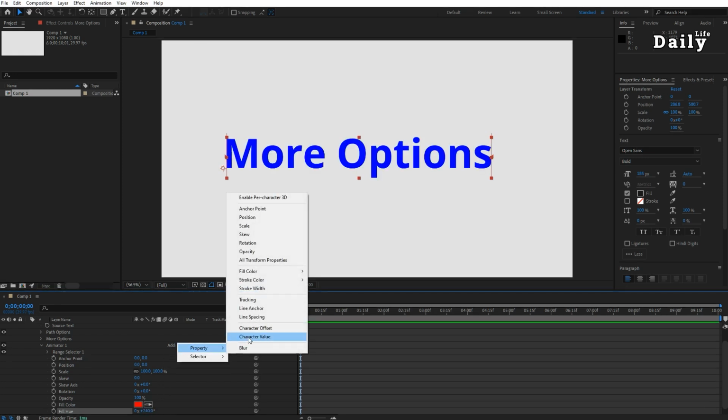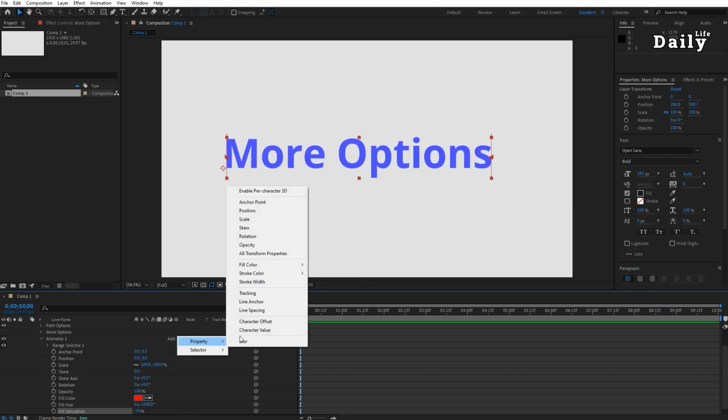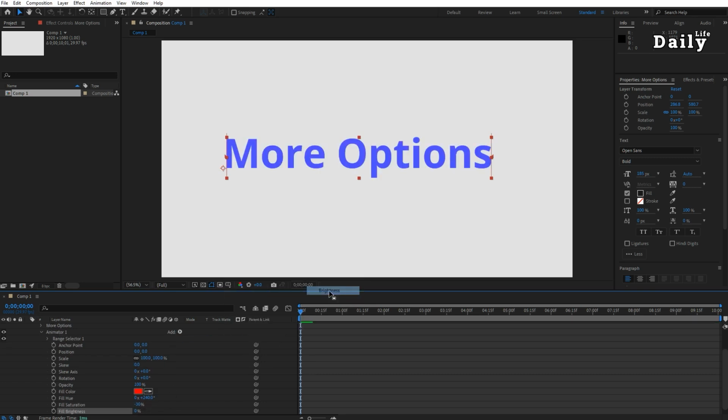Saturation adjusts how vibrant or dull a color is. It refers to the intensity or purity of a color. Brightness changes how light or dark the color appears. Opacity controls how transparent the text is.